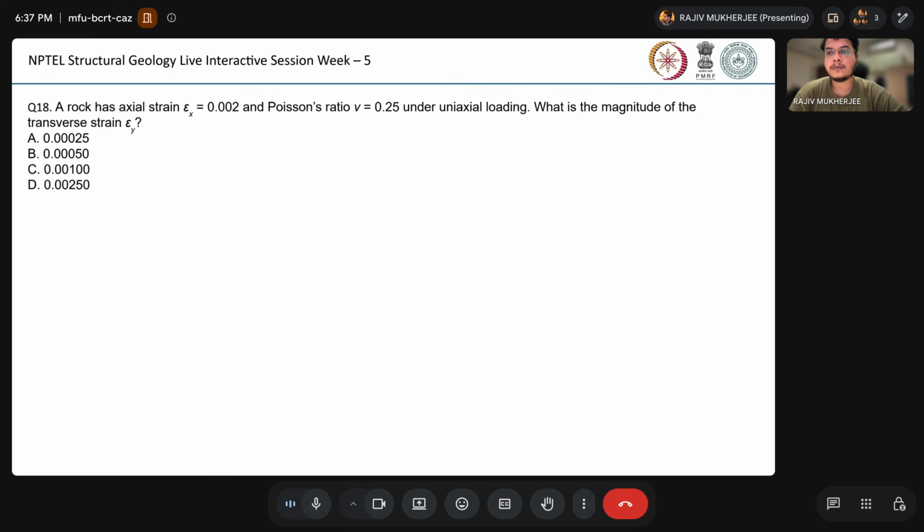Okay, so moving on to the next question. A rock has axial strain 0.02%, 0.2%, and Poisson's ratio of 0.25 under uniaxial loading, right? So what is the magnitude of the transverse strain? Okay. And these are the options, and the correct option is option B, which is